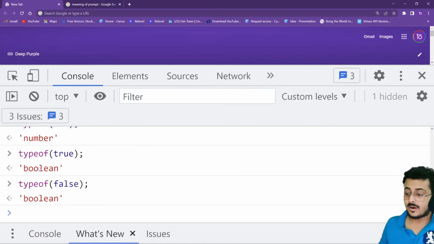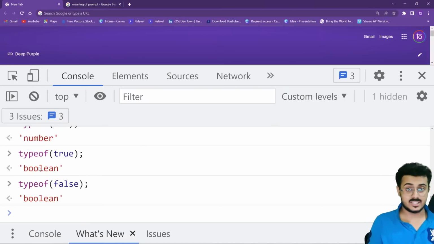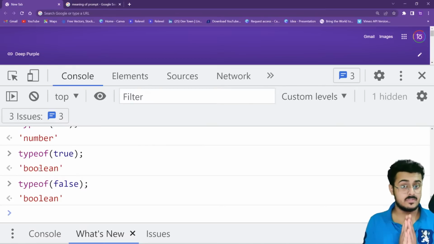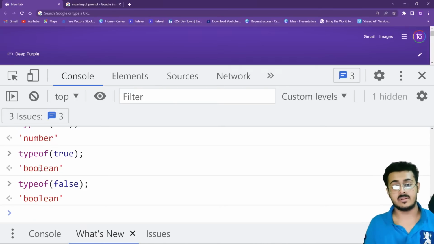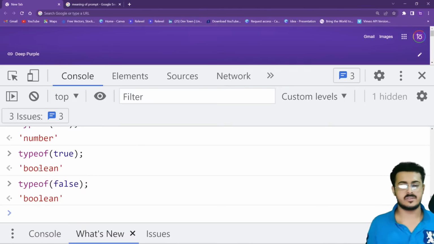Okay, so we will learn about functions from tomorrow. This was the basics of JavaScript that I wanted you guys to know. From tomorrow, we are going to start off with functions. It will be very easy, guys, don't worry about it. And on day 5 of our bootcamp, we'll be learning about how to become a full stack web developer or backend web developer, what the different technologies are that you need to learn, and all those kinds of things.